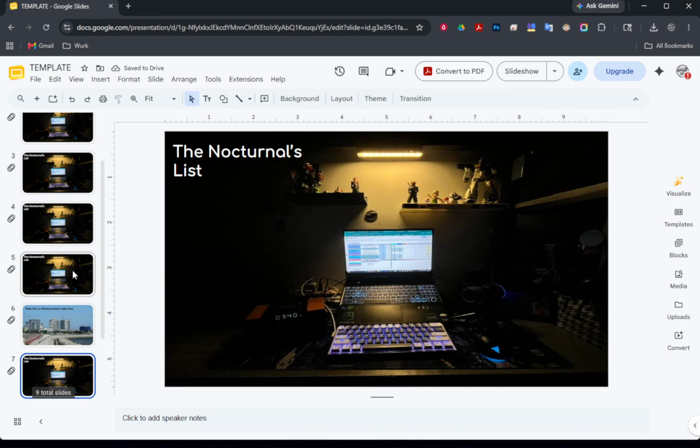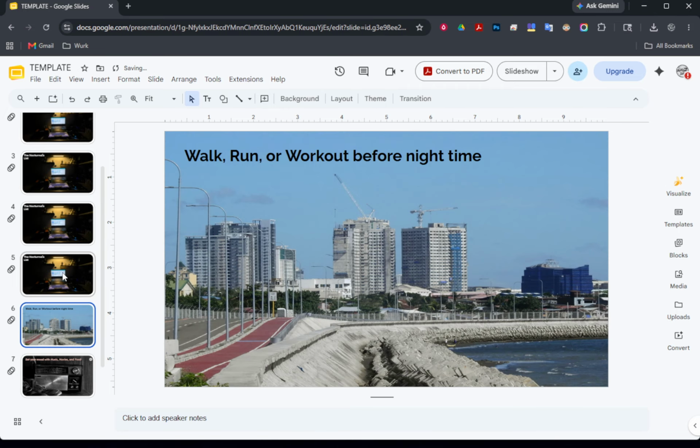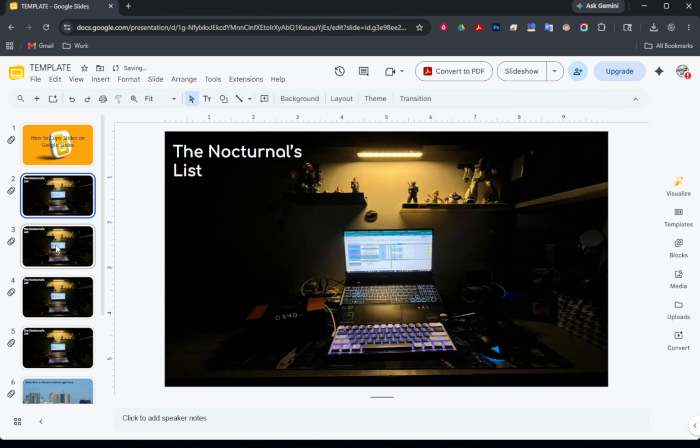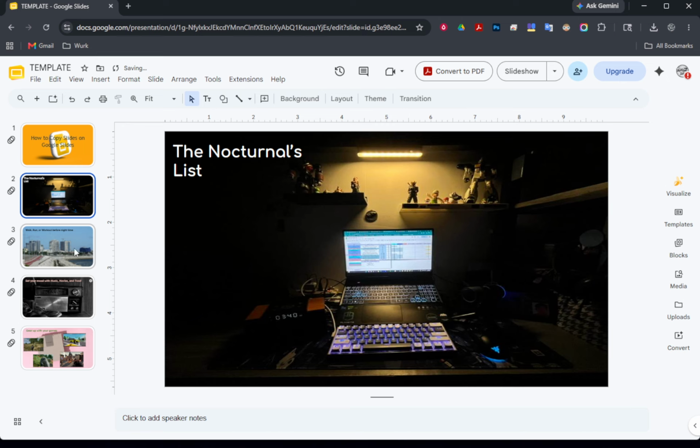A couple of quick reminders as you work. Make sure the slide you want is selected before using any shortcut. If you change your mind, you can undo instantly. And if you're copying between different decks, your slide will bring its content with it. How it looks may adjust to the destination's theme.